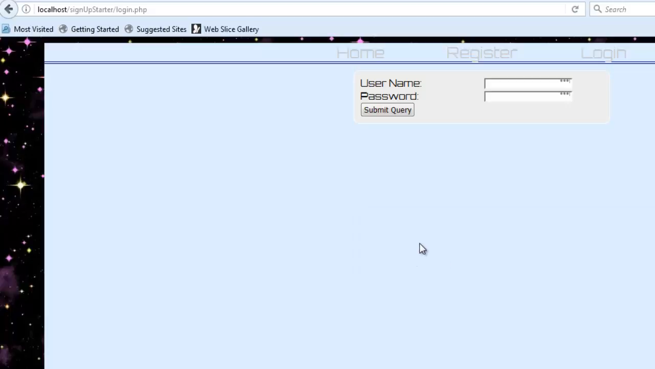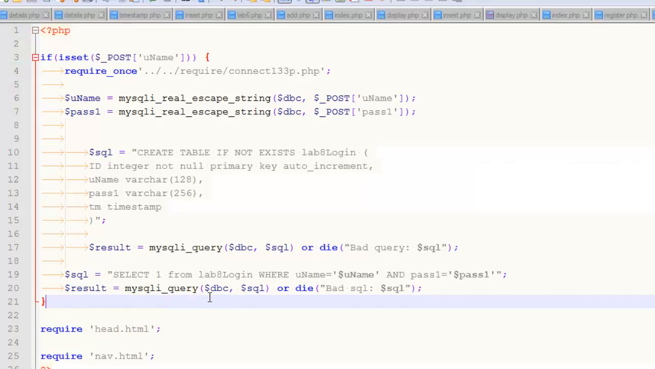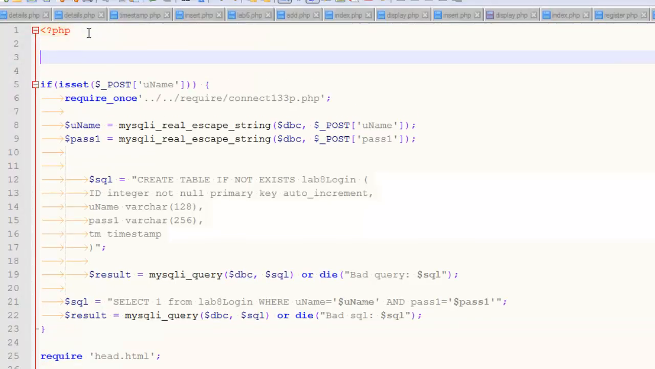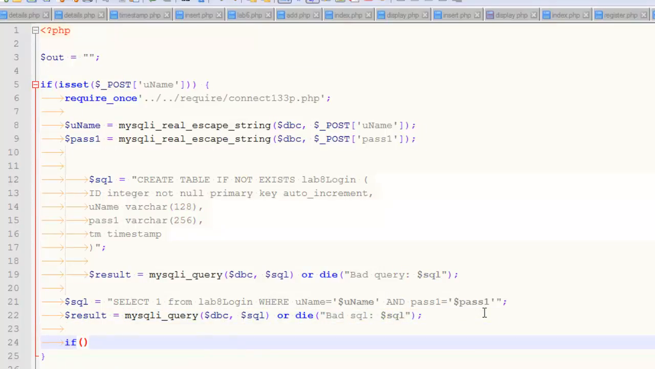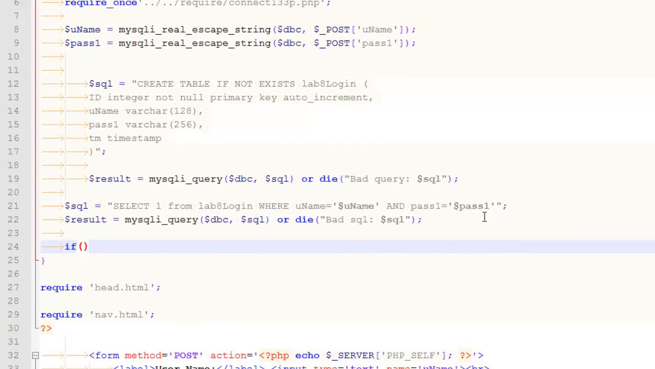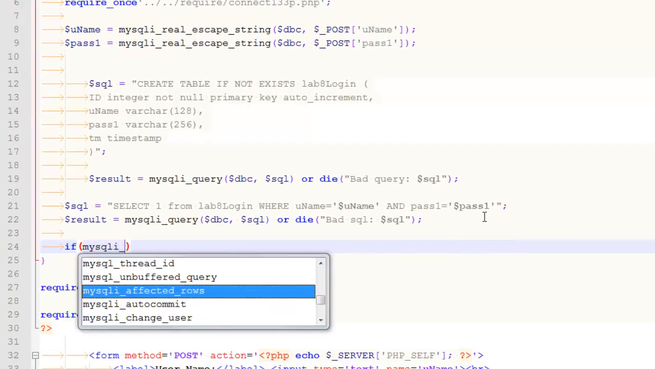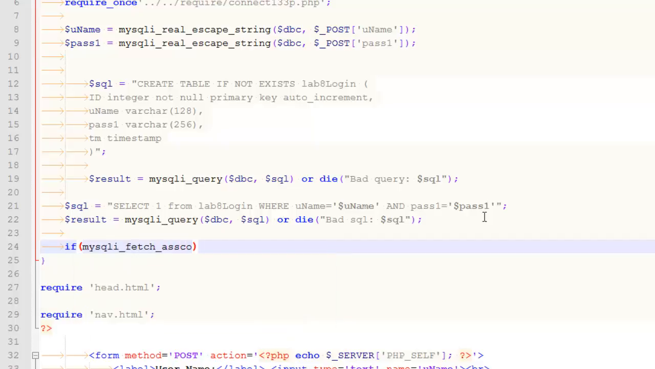And the fact that nothing happened, I don't know what that means. So presumably, though, this stuff's happening, right? When you're not producing any output, it's kind of problematic. So I'm going to create an output string, and I will initialize it to nothing. So I'm going to run this query, and basically, I could do something like this. I could say like if mysqli fetch assoc,